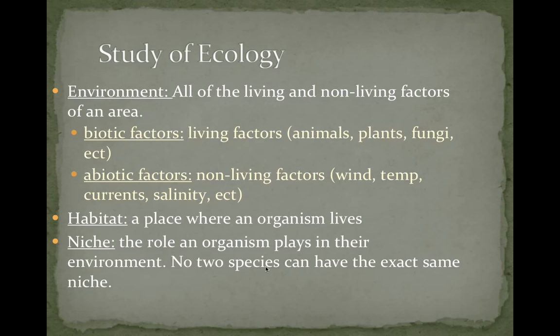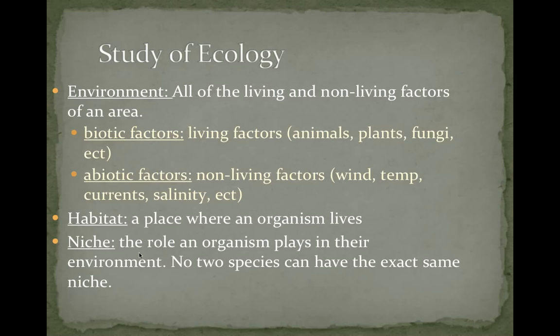So they don't have the exact same niche, but they have similar niches, because if your hyenas and lions obtained that zebra in the same way, say they both hunted the zebra, eventually the lions, being the bigger, stronger species, would outcompete the hyenas. So Mother Nature kind of works it out to where certain resources are shared, but they're not obtained the same way. And we'll kind of talk about that a little bit more later.